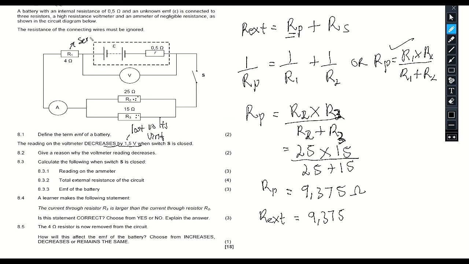Now we can tell that this one here is in series and this two here in parallel, right? So take the ones in parallel, add it to the one in series, and then what do we have? Punch that into your calculator. We have 13.375 ohms, right? And then just like that, you have your total external resistance of the circuit. Awesome. Then let's proceed to